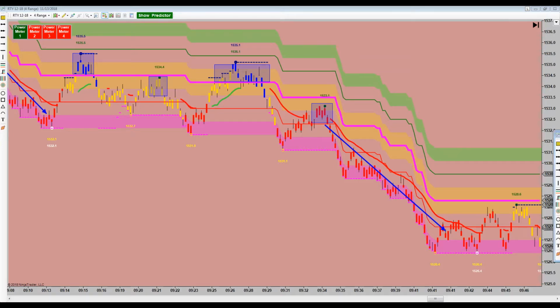Okay. Here we go. Now, I'm going to show this in both a 2 and a 4. I personally trade the 2 on ES because it tends to be a little slower and a little more choppy sometimes. And if you have a 4, it tends to sort of blend the retracements all together, where you can't see them as much as you normally would on a faster chart. But it's a personal choice. If you like a 4, you can put a 2, a 3, or a 4. That's all acceptable on